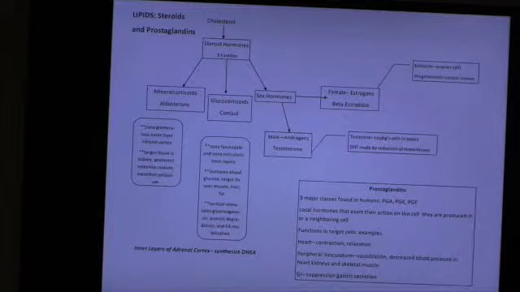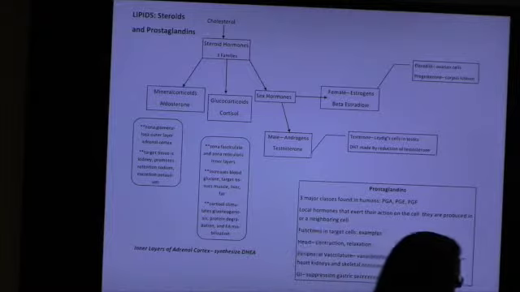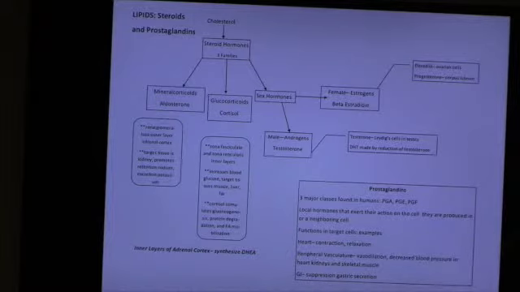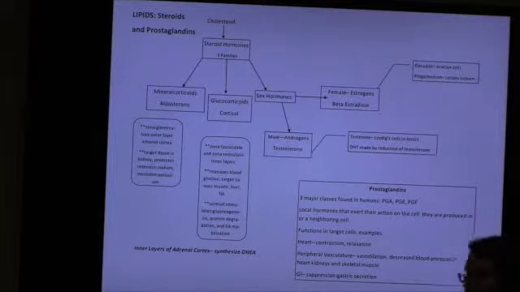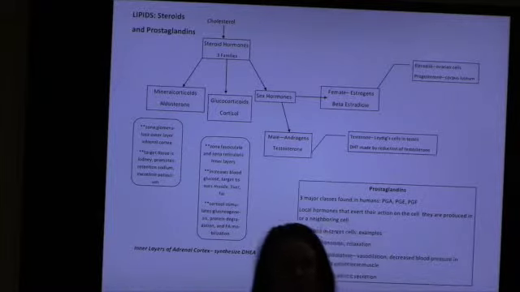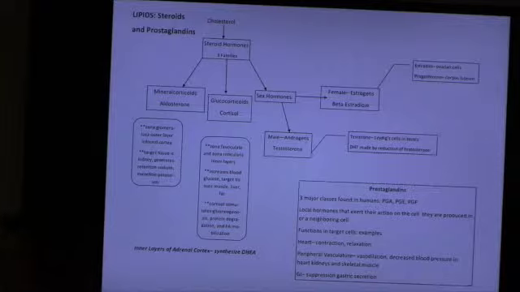Make sure you know where this is made. So where is this made? Outer layer of the adrenal cortex. And what does it do? What does aldosterone do? Sodium uptake and water retention. Okay, yep. So retention of sodium and excretion of potassium. Good? Just gonna keep liquid in us, right?